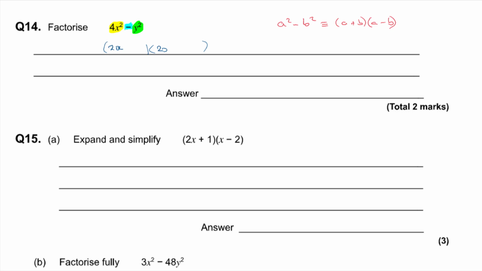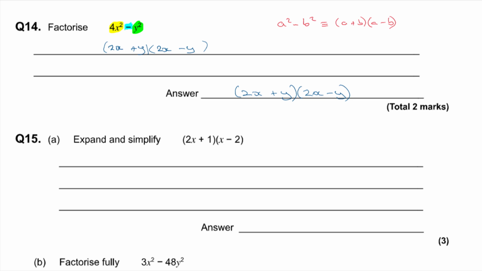So I'm going to get 2x and 2x at the front of my brackets. And at the back of the bracket, then what's the square root of y squared? It's y, so plus y, minus y. Okay, so I'm going to get (2x + y)(2x - y). That's my solution. Question 15a, expand and simplify (2x + 1)(x - 2), going the other way this time,